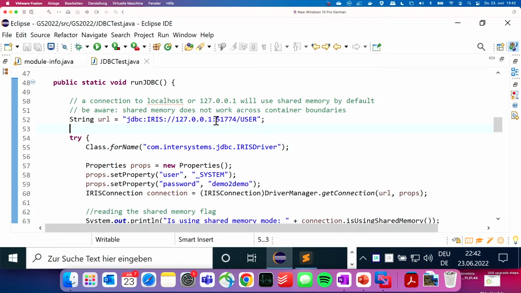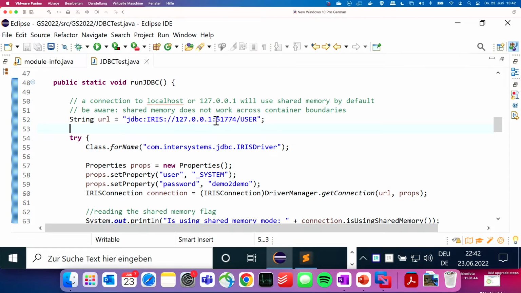What's important to notice, and it's relatively new depending on when you last looked at it: when you're targeting localhost or the IP address for localhost, we will automatically use shared memory. You don't have to manually configure shared memory to be enabled. If we detect that you have a local connection with IRIS, we will automatically use shared memory.